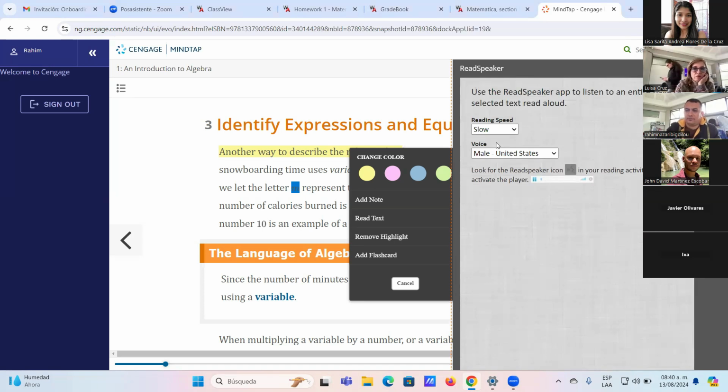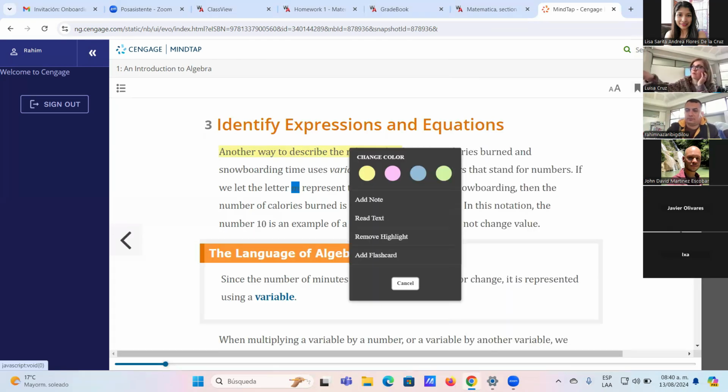Here you will select the voice, the reading speed, and you will activate this when desired. But at the moment I think it is not available to this group. Okay. Then